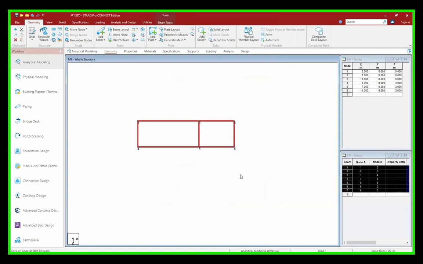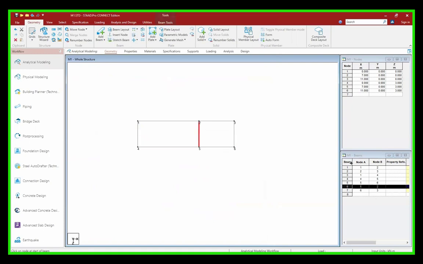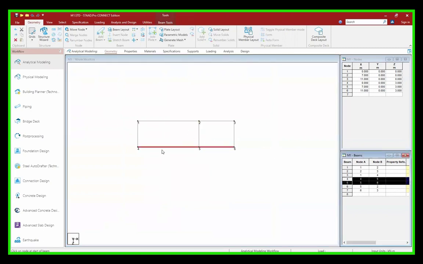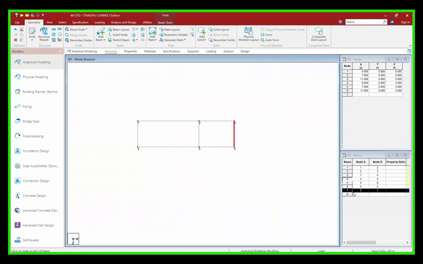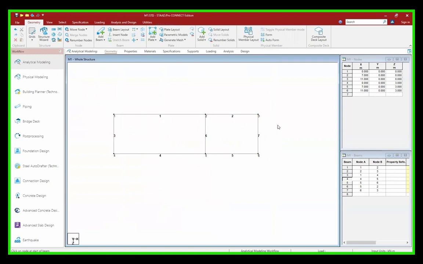So whatever the beam you select, this is the table of beams which has left node A, that is the starting node, and node B, which is nothing but the ending node. So you can say I node and J node, right? So it is vice versa. So if you select here, then also this portion will be selected. Either if you select here in the table, this beam will be selected. If you see, this is the beam number is 7. So when you click on shift B, you can see the beam number. So which is nothing but 7 number is highlighted, right?